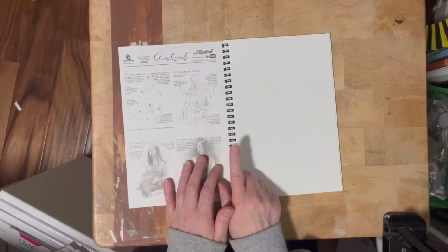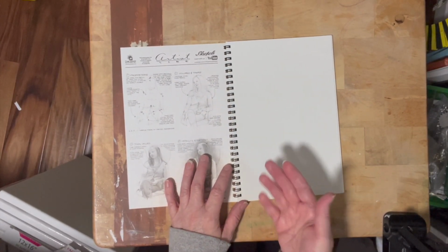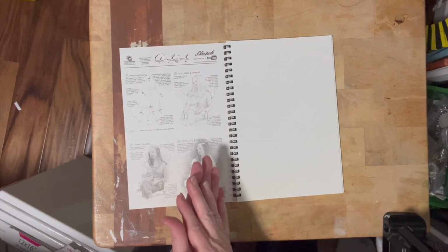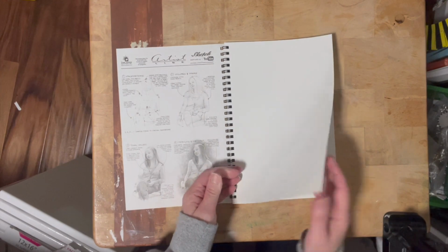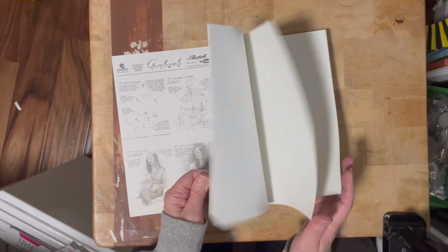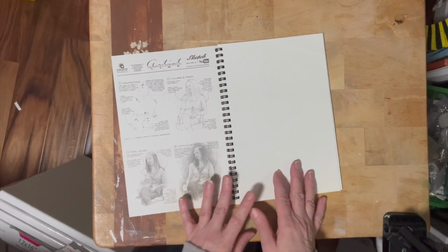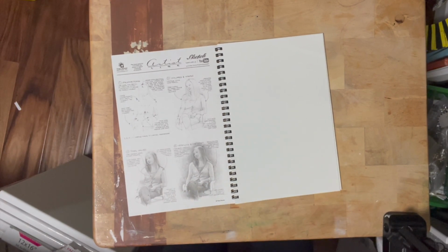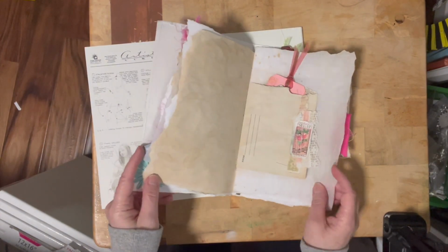You can find sketchbooks that have the bound spine, and that would be easier to add pages into. What if you want to add certain pages in your art journal and create on, like, a book page? Well, that's where our junk journal kind of beats it out, because you can add into your junk journal